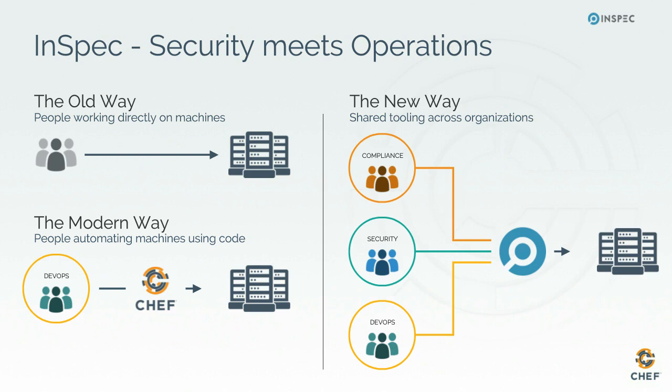Traditionally, people, as we were talking about earlier, people working directly on machines is a no-no, because what that does is it leaves gaps in documentation and how these machines are built. And so the modern way, the way that most of you are operating today, is you're actually writing code, you're actually writing Chef code or PowerShell DSC, Ansible, Salt, whatever you're writing, right? But then you're having that code be promoted through your pipelines, and that code runs on your systems and configures your systems.